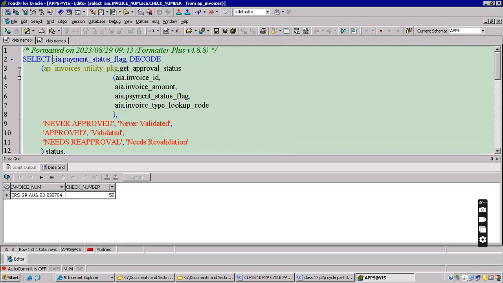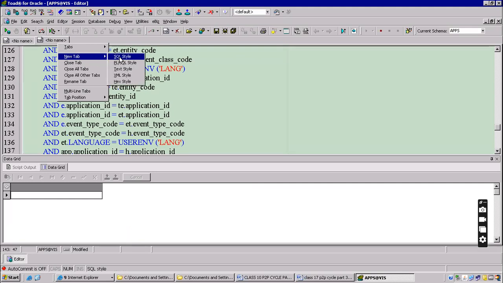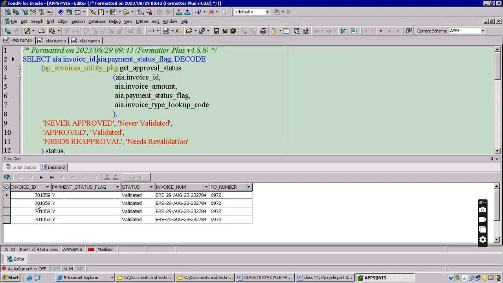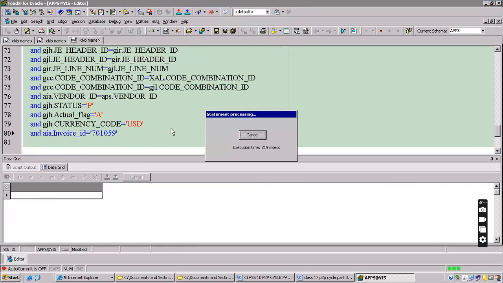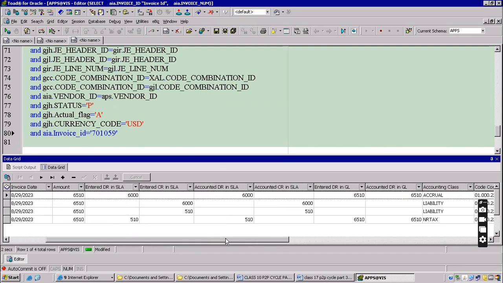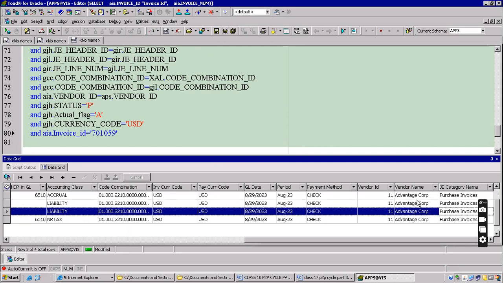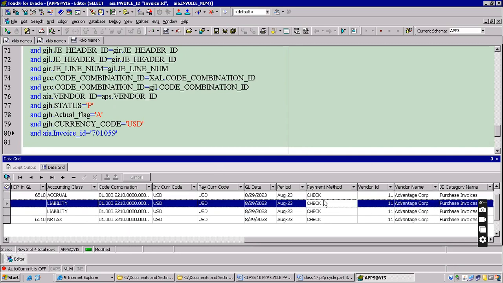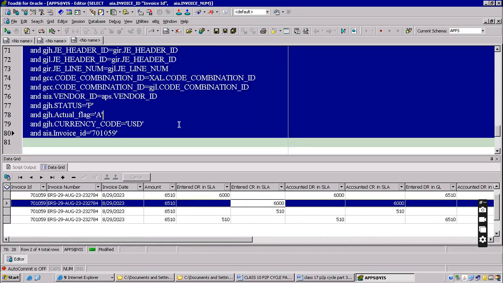Invoice ID we have not yet taken down, right? This is the invoice ID. This is the complete query from AP to subledger, subledger to GL. It is giving completely all the category name, supplier name, payment method is check, whatever you are saying. In this, what we need to remember majorly is